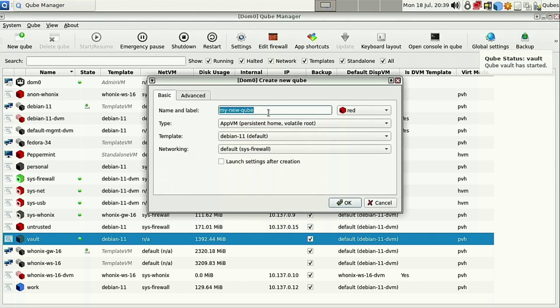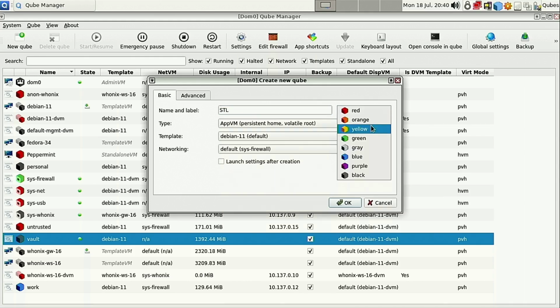With the new qube button, we're going to enter the name of the qube that we want. I'm going to create this qube as something I can use for my Switched to Linux account. So it's going to have all my social media logged in. We're going to be logged into YouTube. We're not actually going to be doing video production, but I'll use this to check up on affiliates, maybe respond to email, and maybe do a little bit of website management and updating. So I don't need anything video editor related,